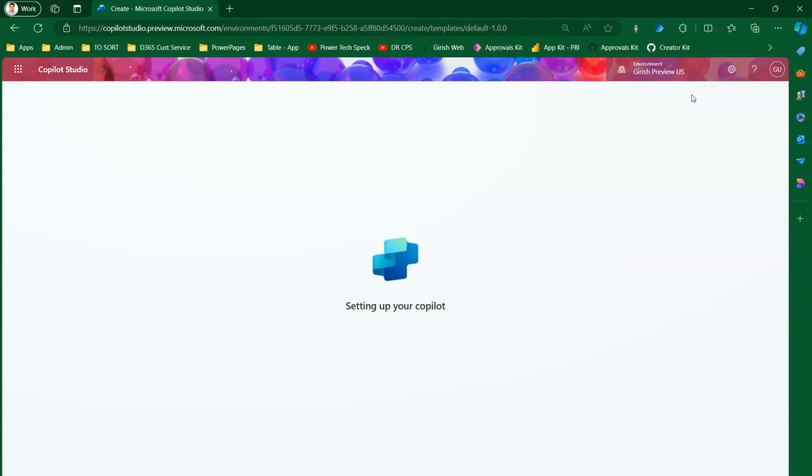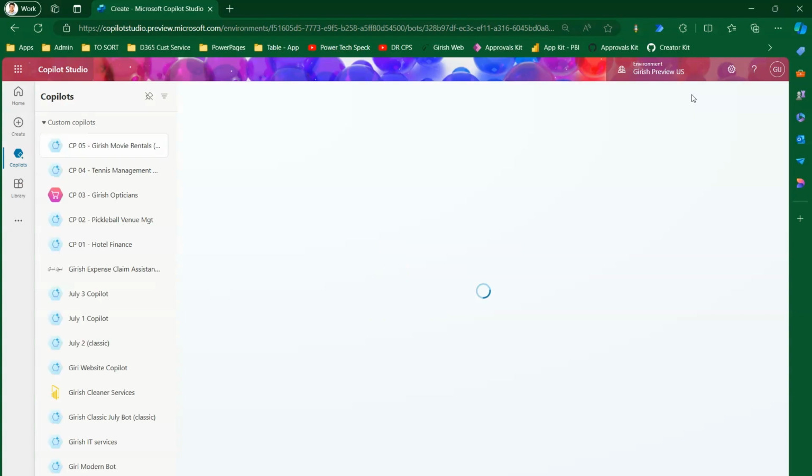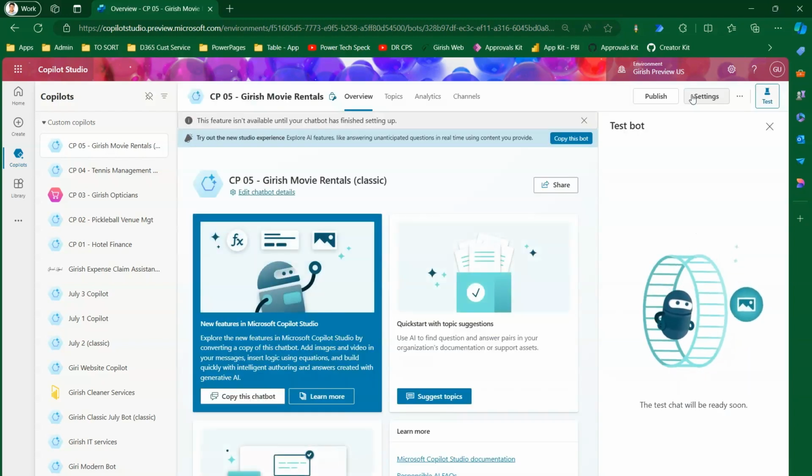So there are multiple ways through which you can provision a copilot. Now it all depends on your scenario, how you want to provision the copilot, and then you can build this copilot. Now you're not limited to this option. Okay, now I mentioned to you that you can create a copilot using the command line, which I'm going to cover in a separate video. However, if you navigate to